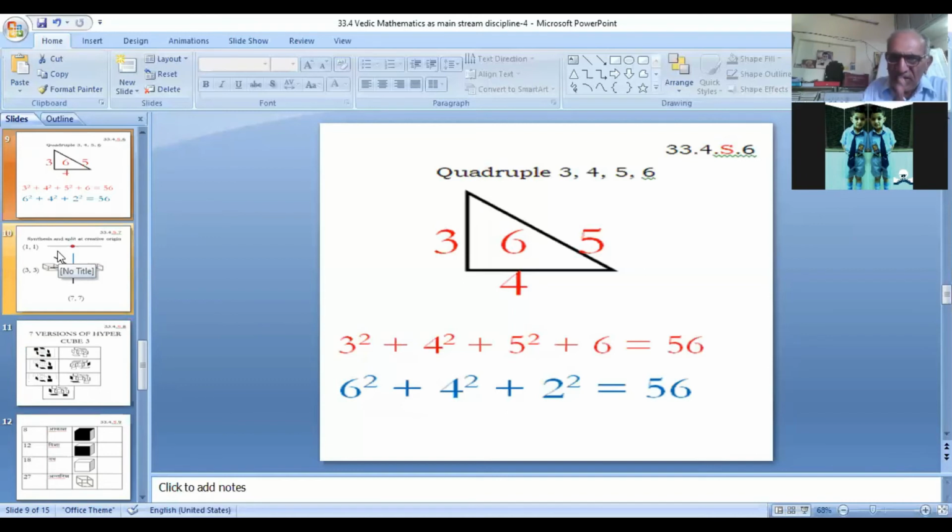The first letter with value 6, the second letter with value 4, the third letter with value 2 takes us to the square units value 56, and 56 as 7 cross 8 will further bring us face to face with